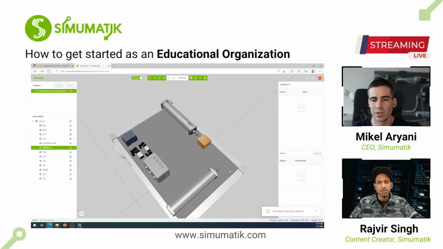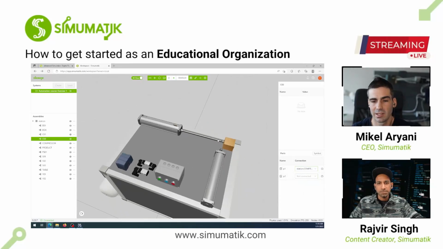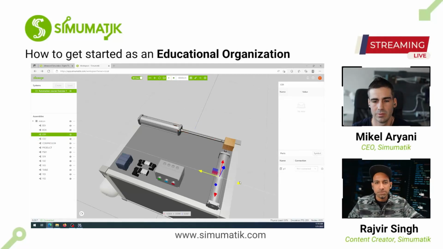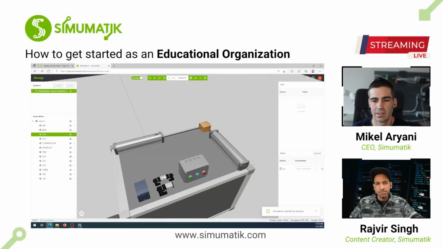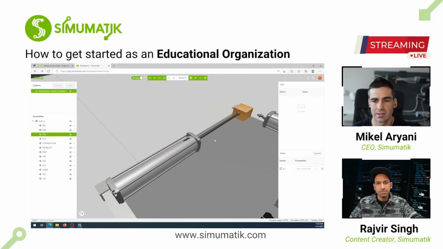And basically, what I want the students to do now is make the connections. So when we press the green button, the cylinder will expand, and we show it now. We see that this second cylinder is not very well positioned. We can just pause and move its position. And the second thing is that when that happens and the sensor detects that it is forward,